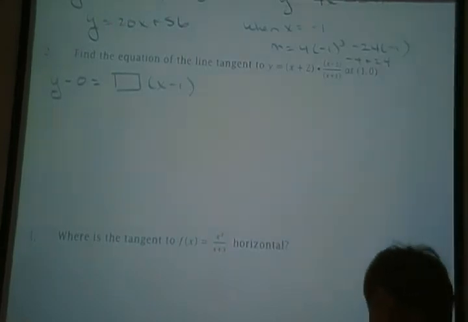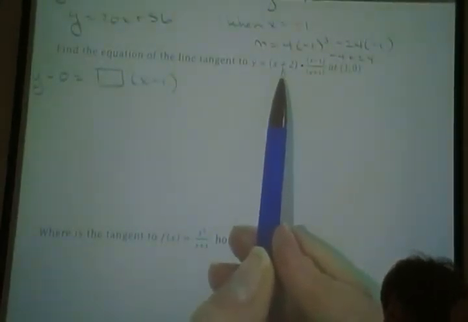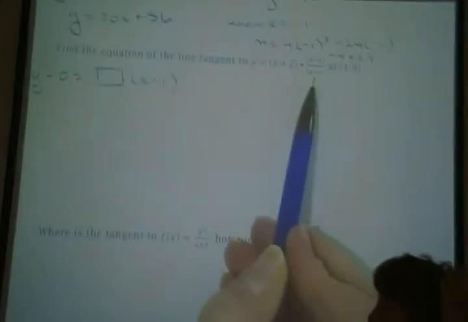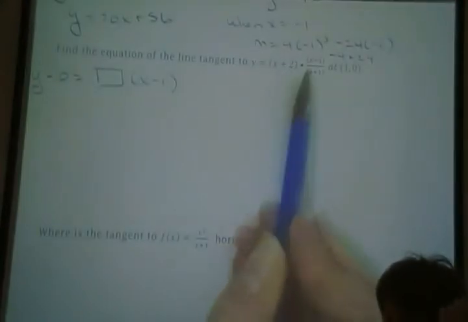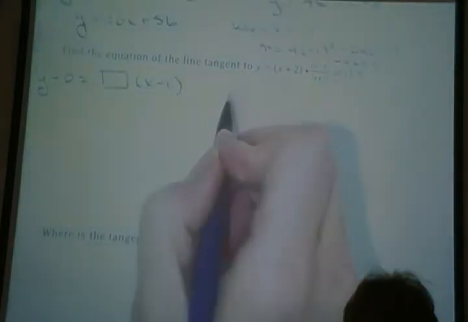But in order to get the derivative, which is going to give me this slope, I have to think about this function and see how confusing it is. This is one function times another function divided by a third function. There's 3 functions going on there, and there's multiplication and division, which would mean a product rule, and in the middle of it, a quotient rule. Definitely don't want to think about the function that way to take its derivative. So I'm going to do a rewrite,